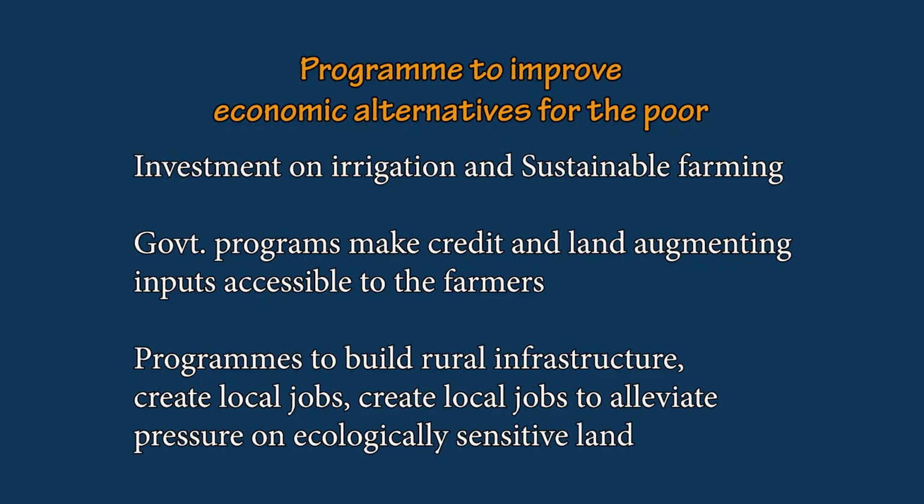Then another factor we have seen is that poor people are not having enough job opportunities. They are basically dependent upon agriculture. So one way could be to improve the agriculture sector, or improve irrigation, because mainly they are dependent upon rain-fed agriculture. If the government or the poor person himself can invest in agriculture, then there is a possibility of some improvement in their living conditions. The government can take initiative to subsidize credit programs, or to subsidize some inputs, or maybe some new technology in farming. The government can give all sorts of support.